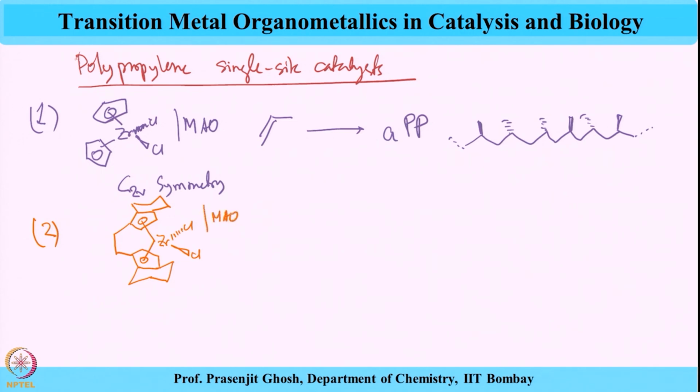This with MAO, this is C2 symmetric, gave propylene to isotactic polypropylene, which is stereoregular,